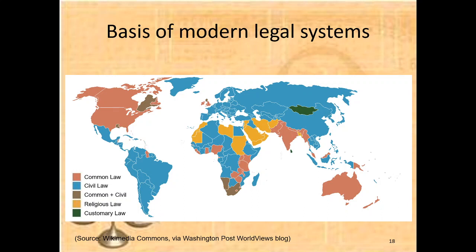So, the basis of the modern legal system: this is a map of the world. This is a bit older, three to four years back. Sources: Wikimedia Commons, Washington Post, Worldview Law. So this is what the frame looks like. Look at the red, common law. This is most of Canada, the US, India, Pakistan, Nepal, Bangladesh, sorry, Myanmar, where military rule exists, but irrespective of that, most of this part of the world follows this. Australia, New Guinea and New Zealand all follow a kind of common law, whereas Papua Island and part of Canada, that is the Quebec region,